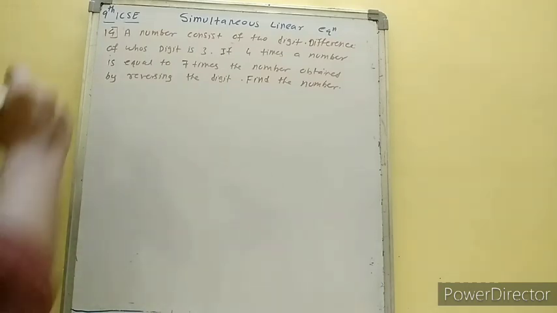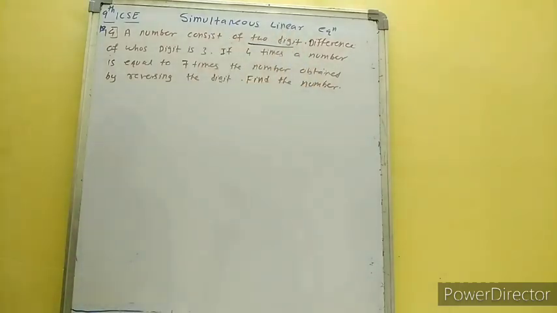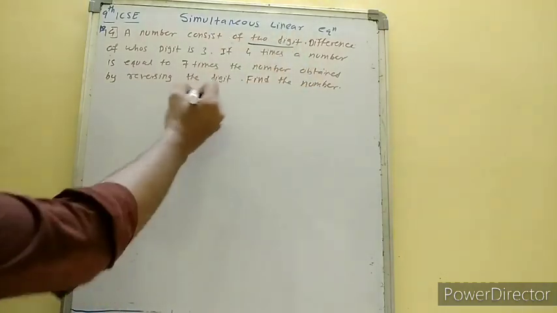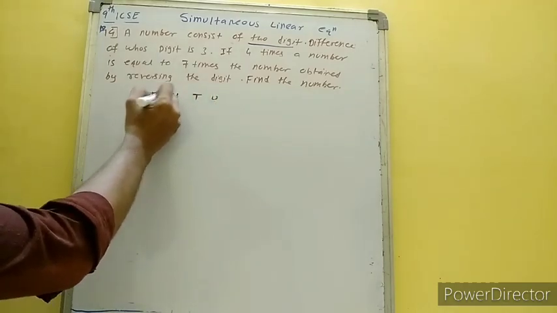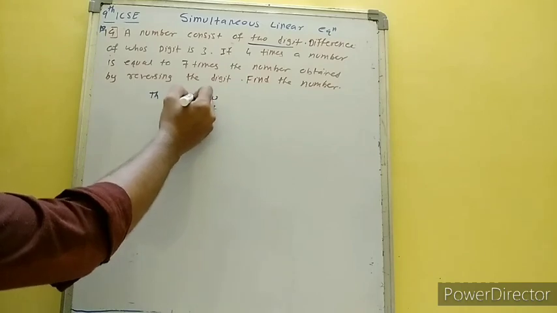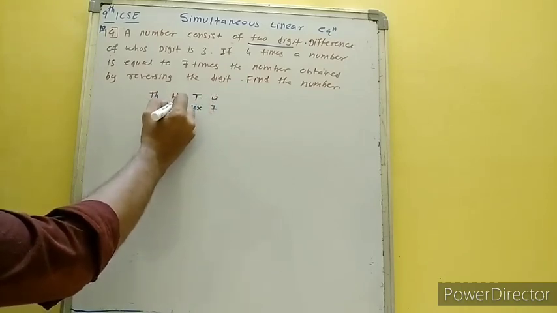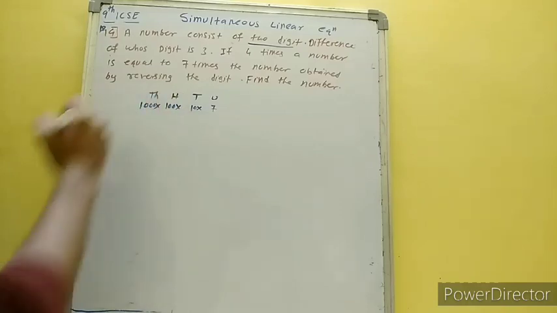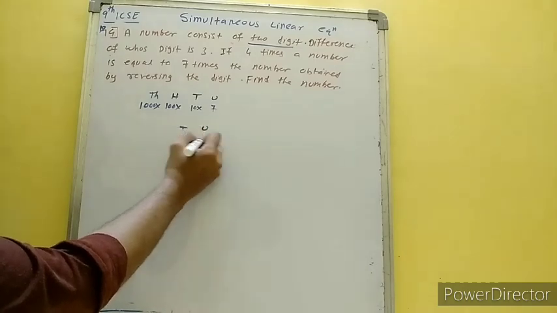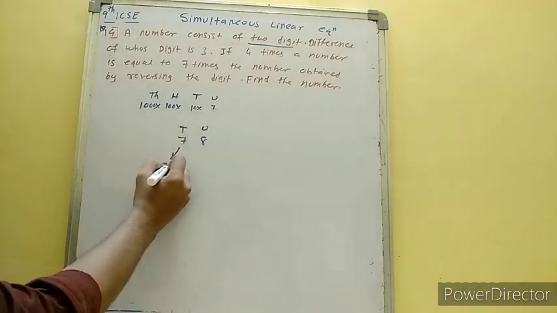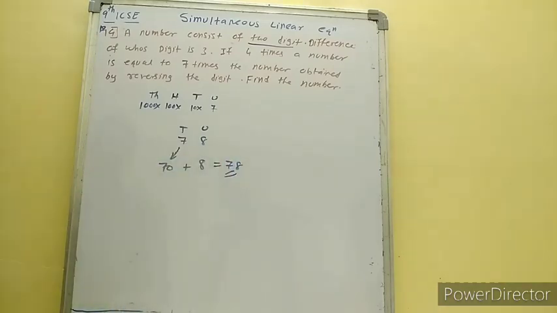From the 14th question onwards, we have a different kind of questions where the questions are based on 2-digit numbers. We have already seen the digits are unit, tens, hundred, thousand. The place value of unit is the number itself, tens is multiplied by 10, hundred by 100, thousand by 1000. For example, we have the number 78. The place value of 7 is 70, and the place value of 8 is 8. Then the addition is 78.